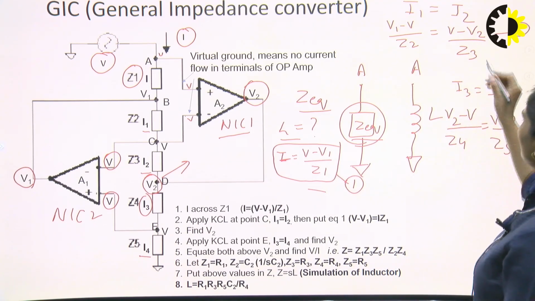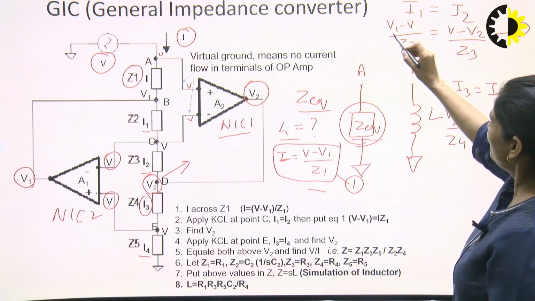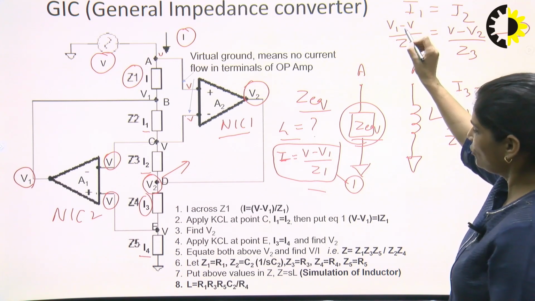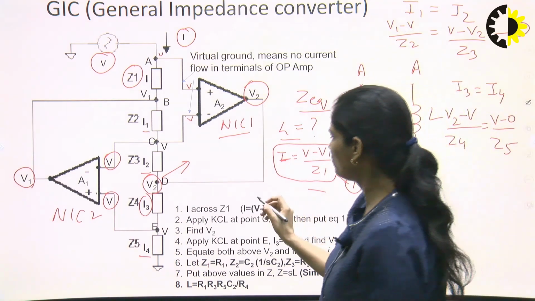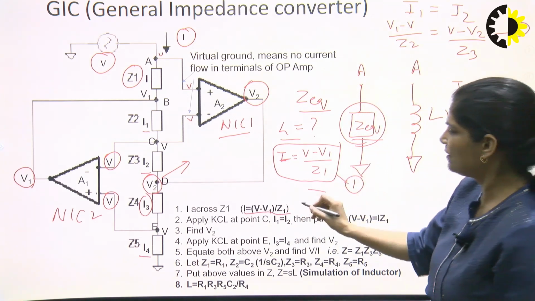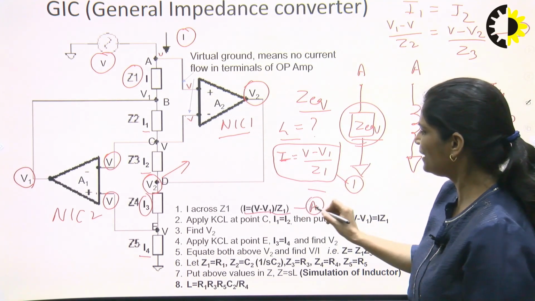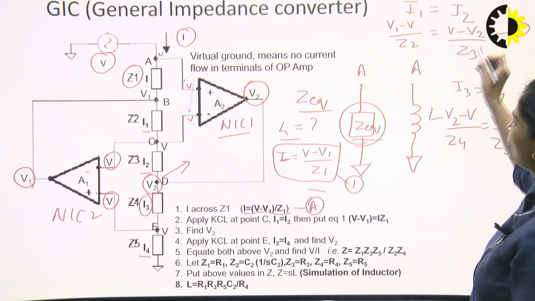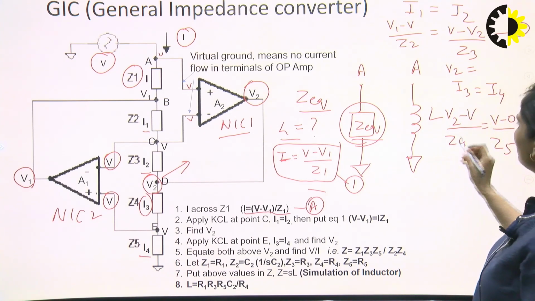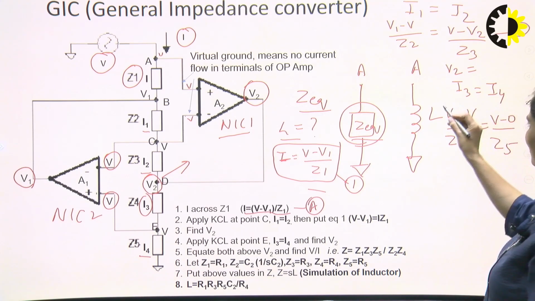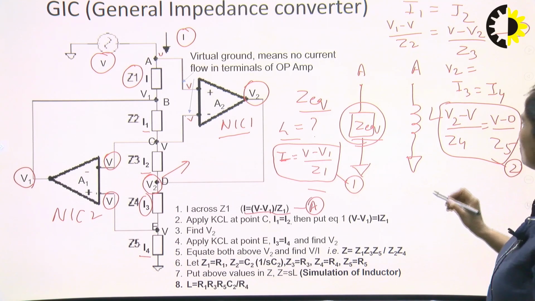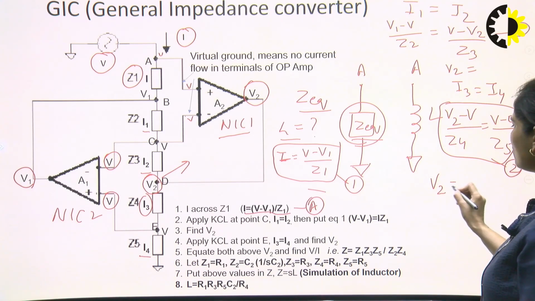Okay. Now here, V1 minus V. So V1 minus V, you can put this equation V minus V1, this equation, and you can put here this equation. Let us consider this is equation A. So put equation A in this equation 1, you will get value V2 is something. And when you are deriving, you are calculating this equation. Let us consider this is equation 2. So you can calculate V2 from this equation.